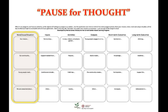If they don't work for you, you're welcome to cross them out or change them. But here we are in the first column thinking about needs and issues and the situation that this garden project that you've decided you want to do, or you already even have, what is it addressing? So I'll go ahead and give you just about a minute or two to write some things down, and I